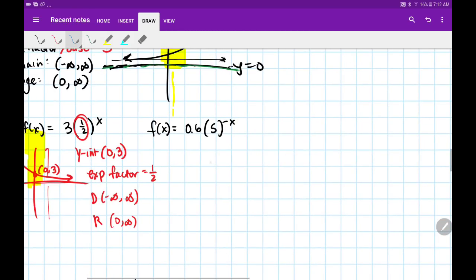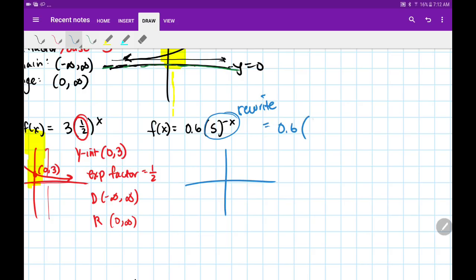Last example. Okay, growth or decay. Hey, hold on, negative exponent means rewrite. You have to rewrite it. So it's 0.6 times not 5, but 1/5 to the x. So this is actually decay. Horizontal asymptote